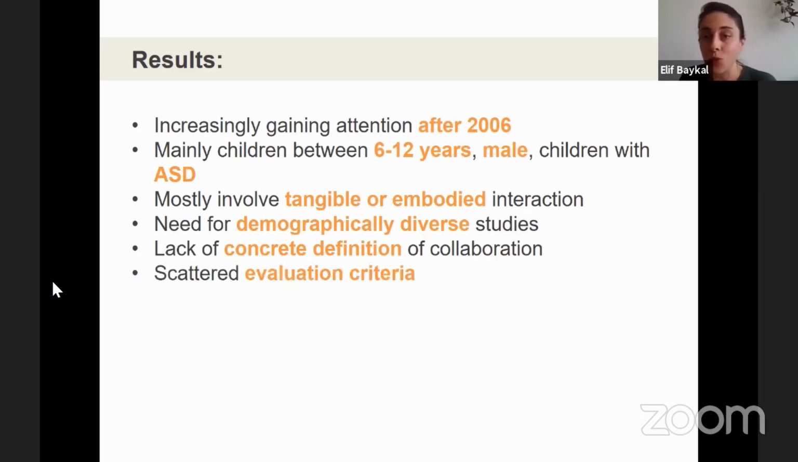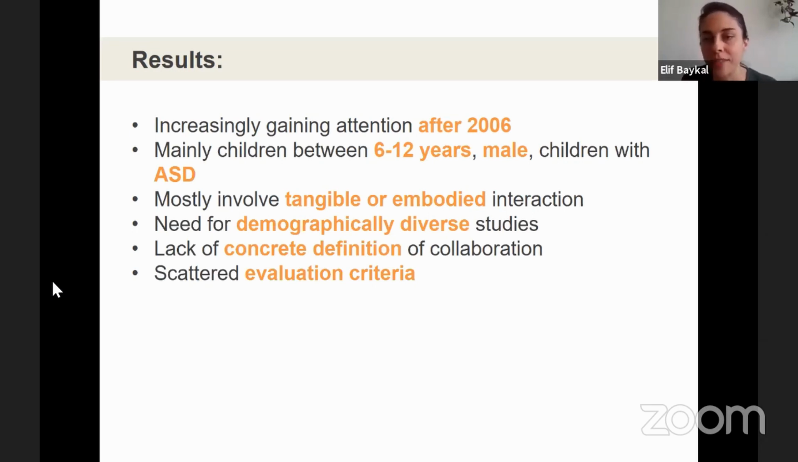So, in relation with this lack of concrete definition, of course, the set of evaluation criteria for collaboration is very much scattered in HCI research. In our paper, we present an extensive work on the methodological approaches to collaborative technologies and the set of evaluation criteria used in these studies. And these include the ones from